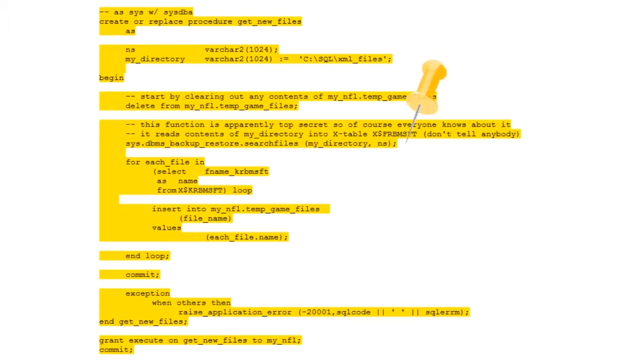Well, gang, simply not true. Because sys has access to a DBMS backup restore package, and within that package is a very nice undocumented procedure called search files, which does a dir. Check it out. This procedure simply runs the search files procedure and stores the results into an undocumented $$ memory